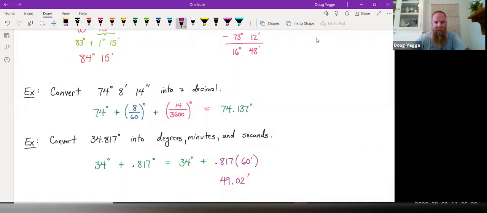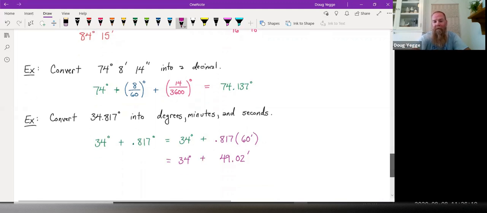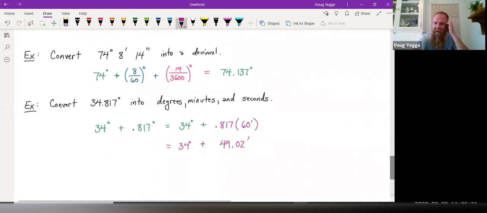So I know that this is going to be equal to 34 degrees plus 49.02 minutes. But notice that that really means the same thing as taking 34 degrees and 49 minutes